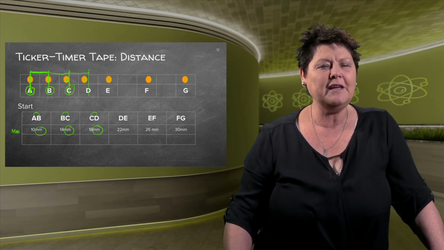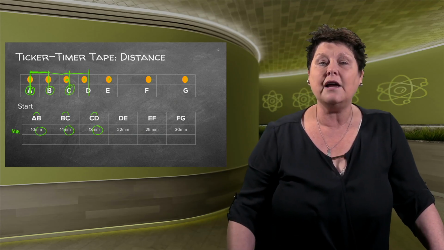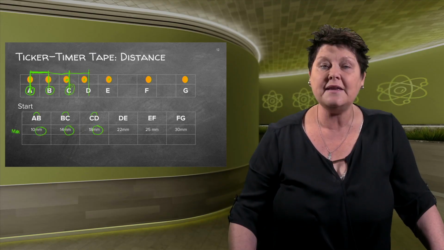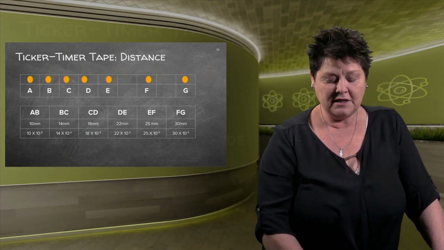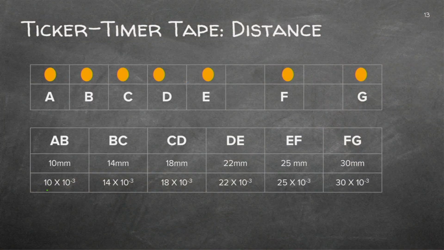Do we work in millimeters? Well, the SI unit for distance is meters. So you need to go and calculate the meters. So 10 millimeters will be 10 times 10 to the power of minus 3, or you could say 10 divided by 1,000. And that would be in meters. So you have now converted millimeters to meters. Quickly see if you can do all of them by dividing the millimeters by 1,000.